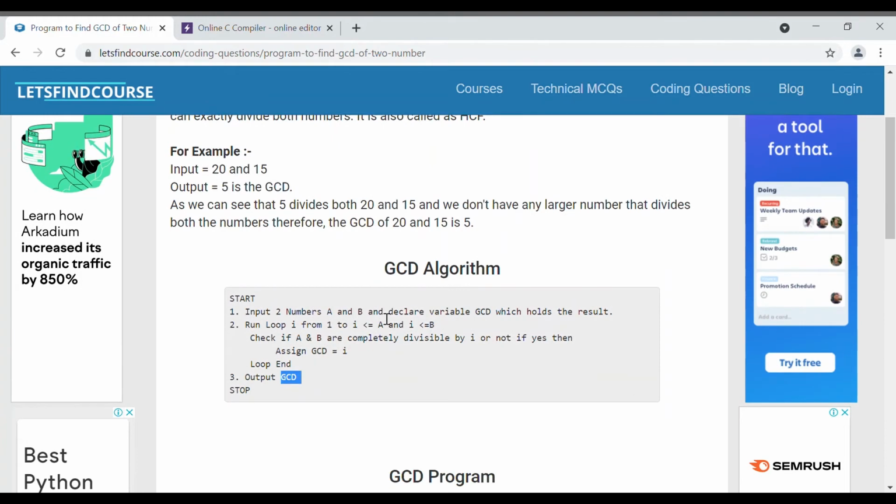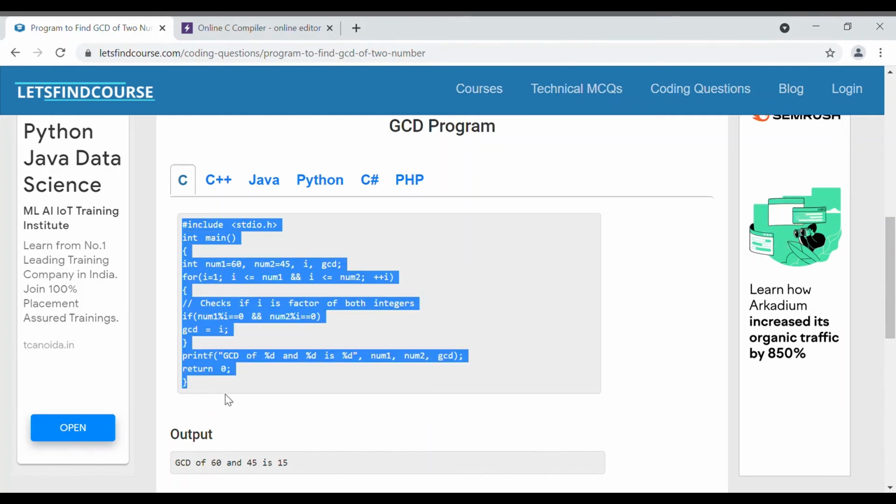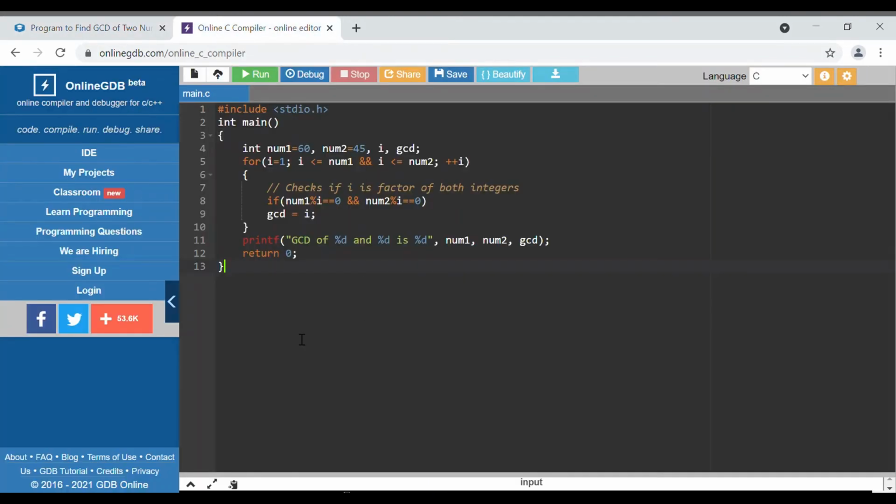So now let's see the GCD program. Here you can find the code in C, C++, Java, Python, C Sharp, PHP. Here I am going to explain the code in C programming language. I will share the link to this article in the description box, so you can easily go and check the code in different programming languages. So guys, let's start with the C code, right? I have copied that code in an online C compiler, so let's try to